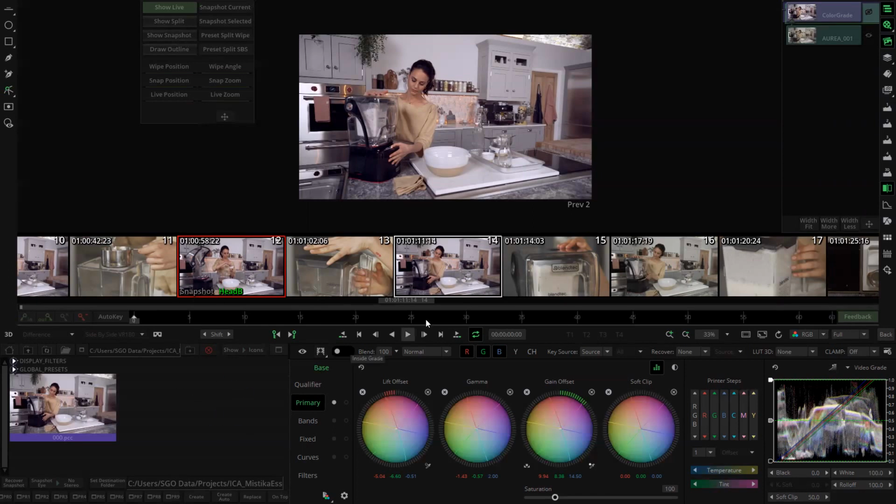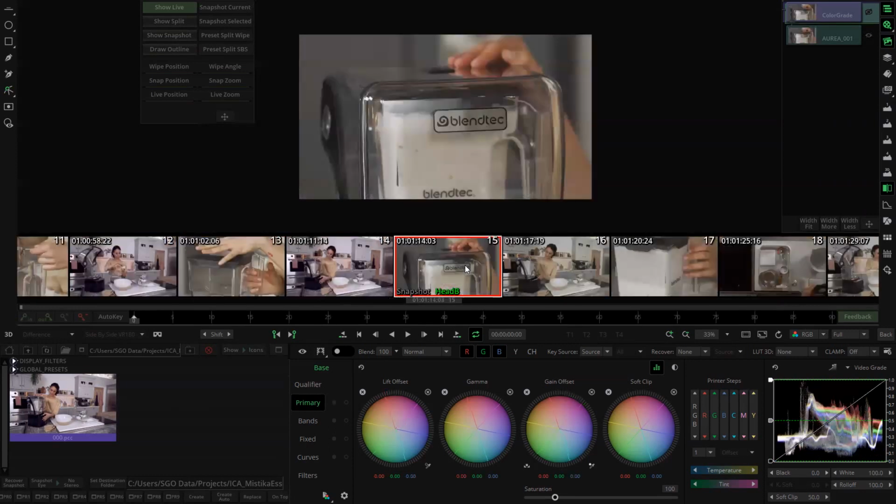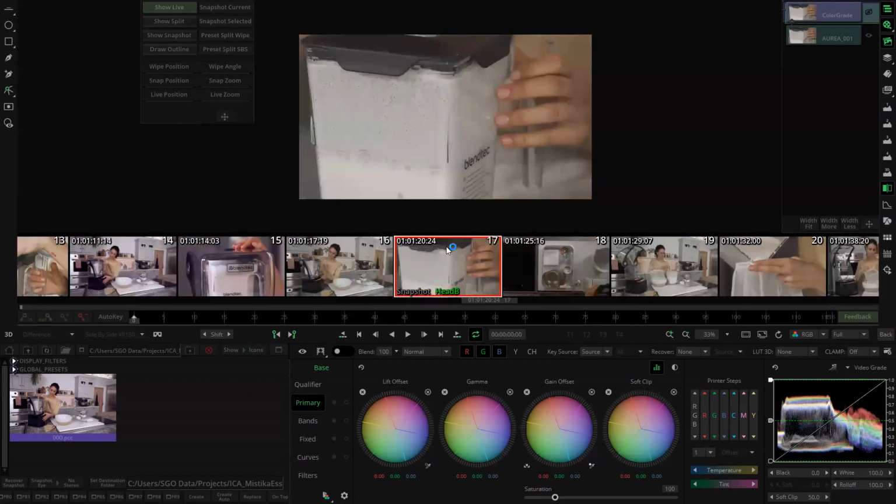This is where the presets would be. So if I go to this Snapshot, and I want to apply this grade, I just have to double click. And generally double clicking in Mistika will bring the grade, okay? In the storyboard as well,